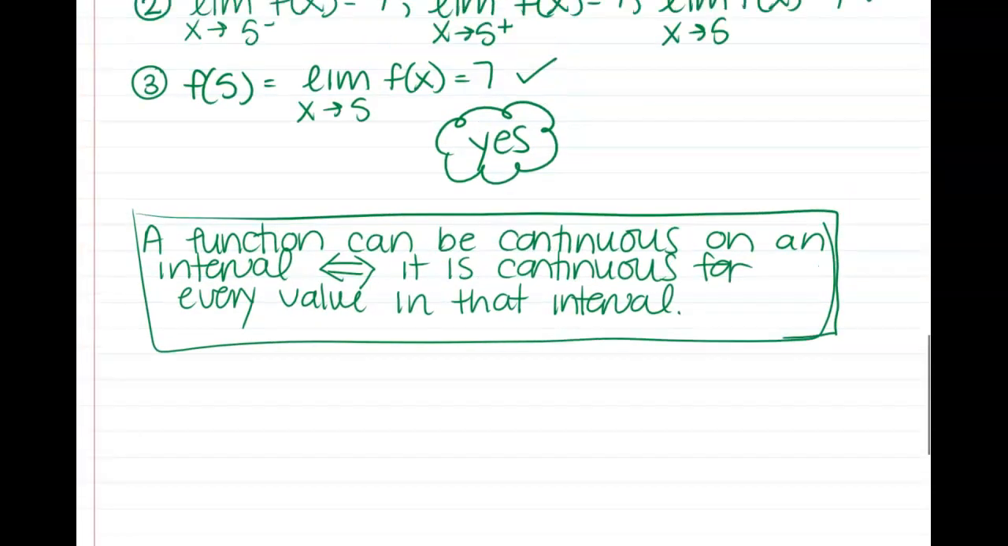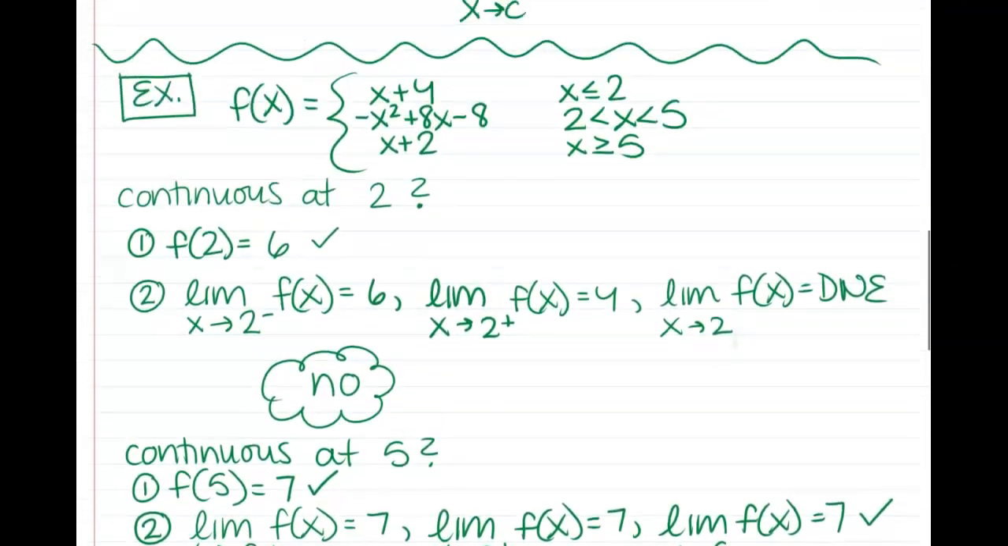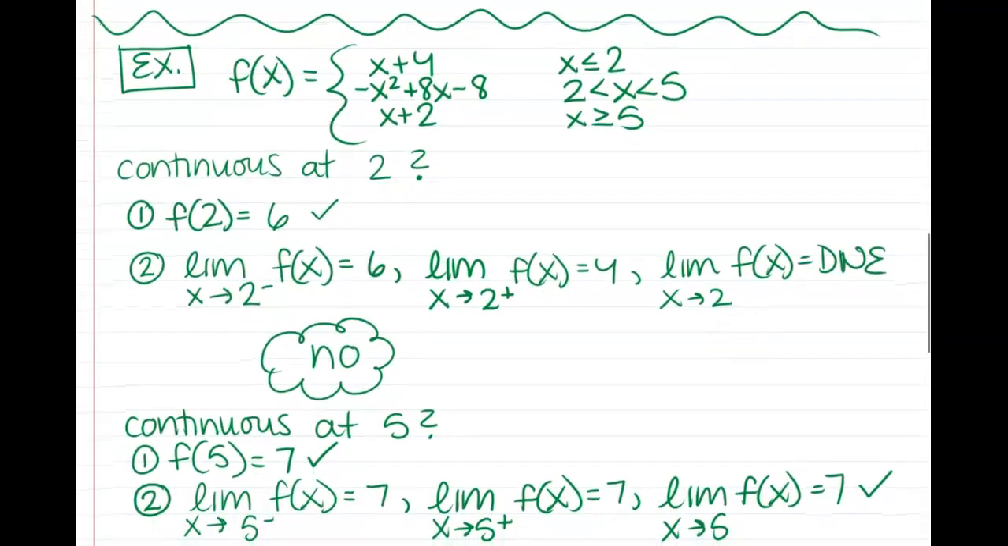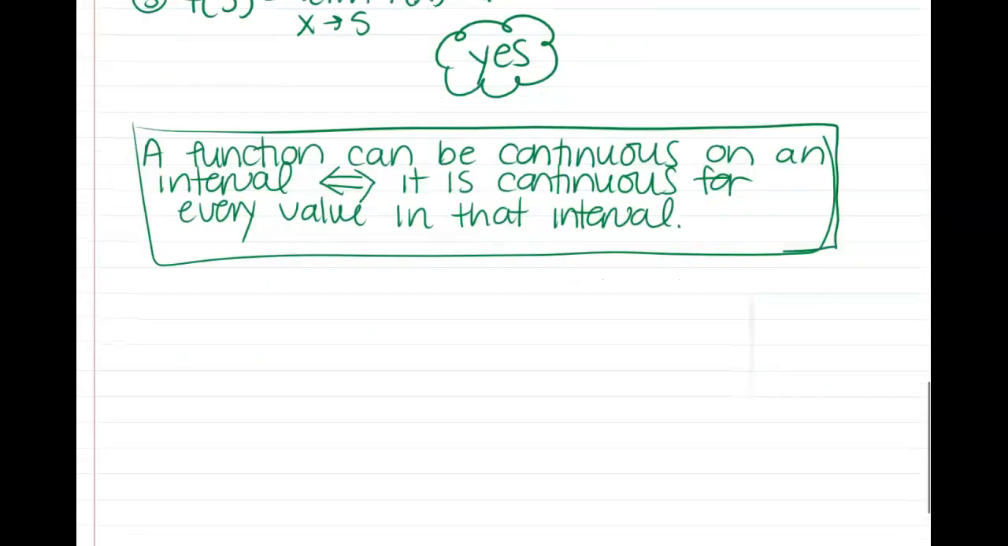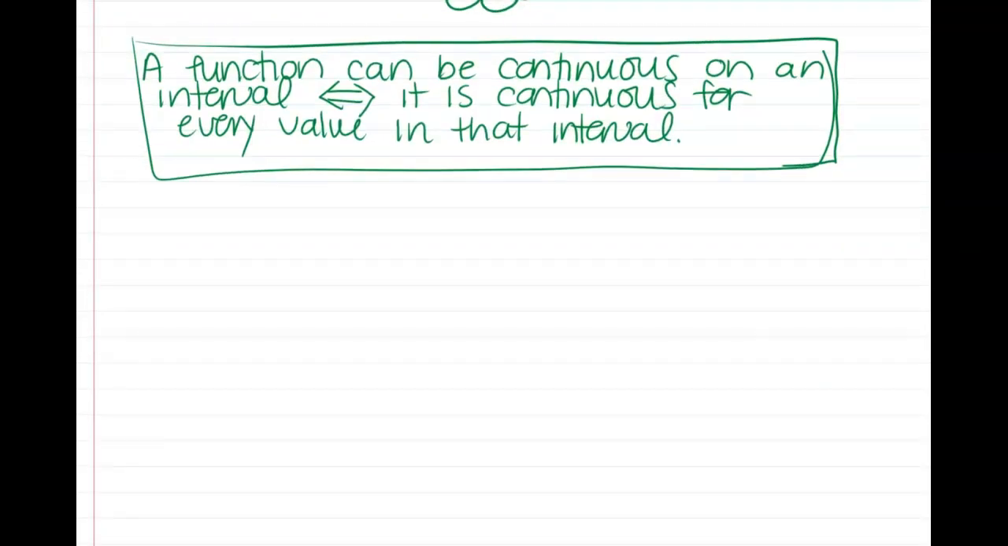So what this means is if we look up here at our piecewise function, we checked it's continuous at 5, but it's not continuous at 2, meaning f of x is not continuous on the interval from 2 to 5. That's kind of what we're getting at. So as soon as anything is not continuous, there's a hole or a discontinuity of some sort, it doesn't work anymore as continuous at least. Okay, last thing we're going to do is talk about how to remove